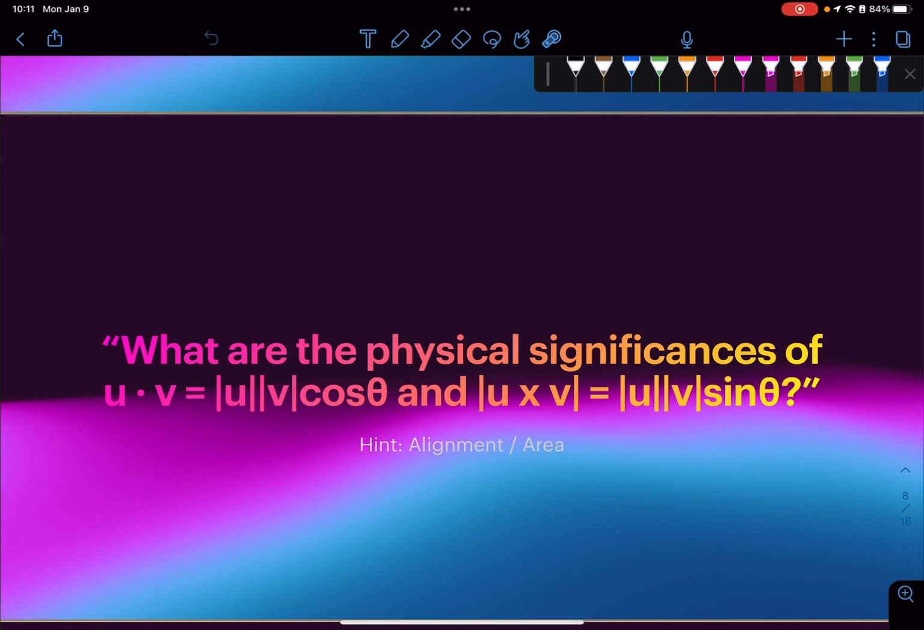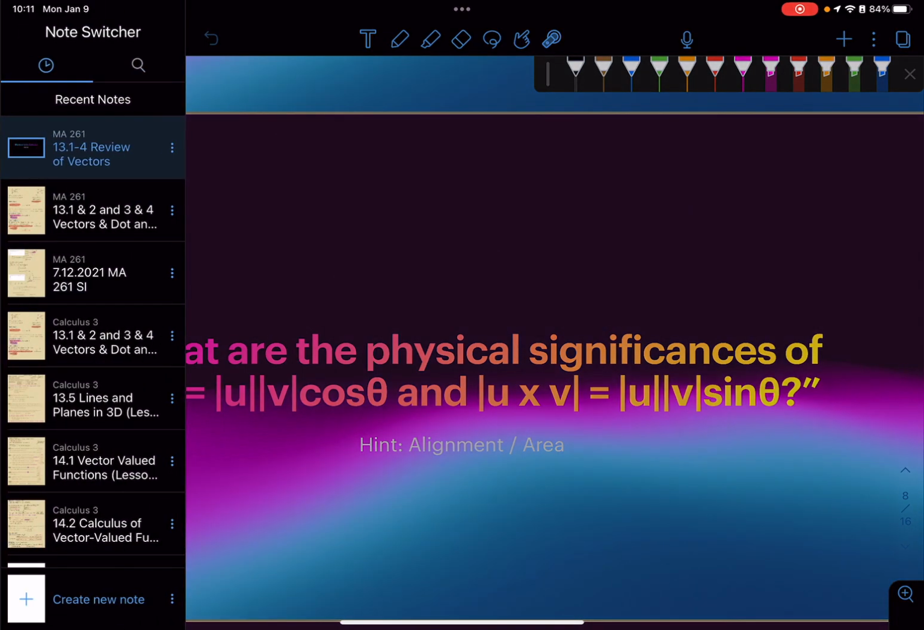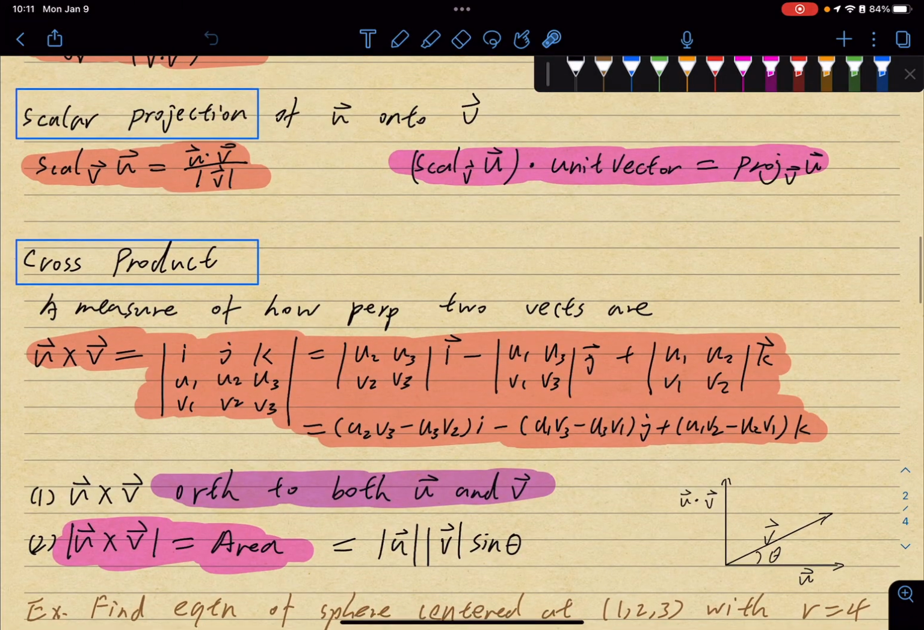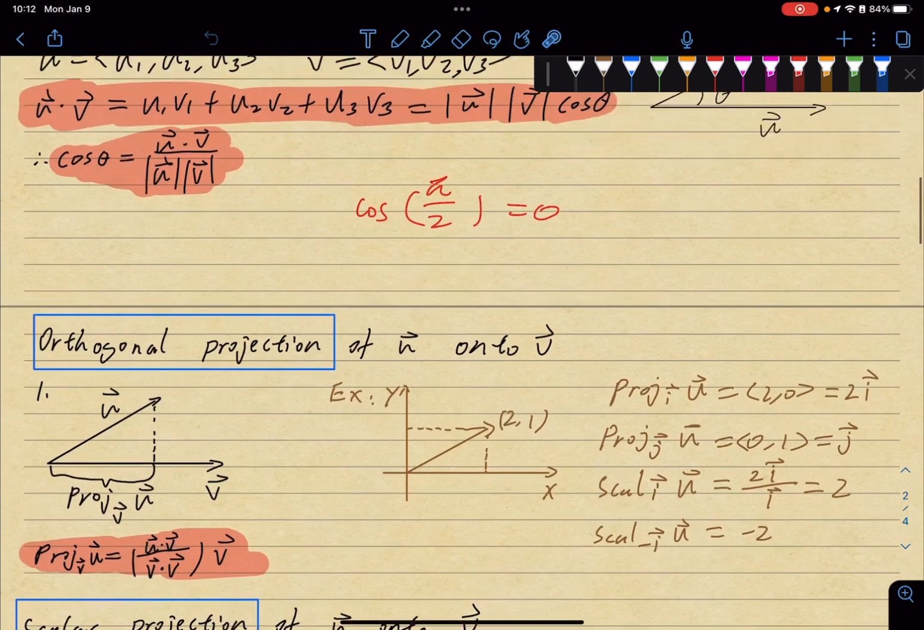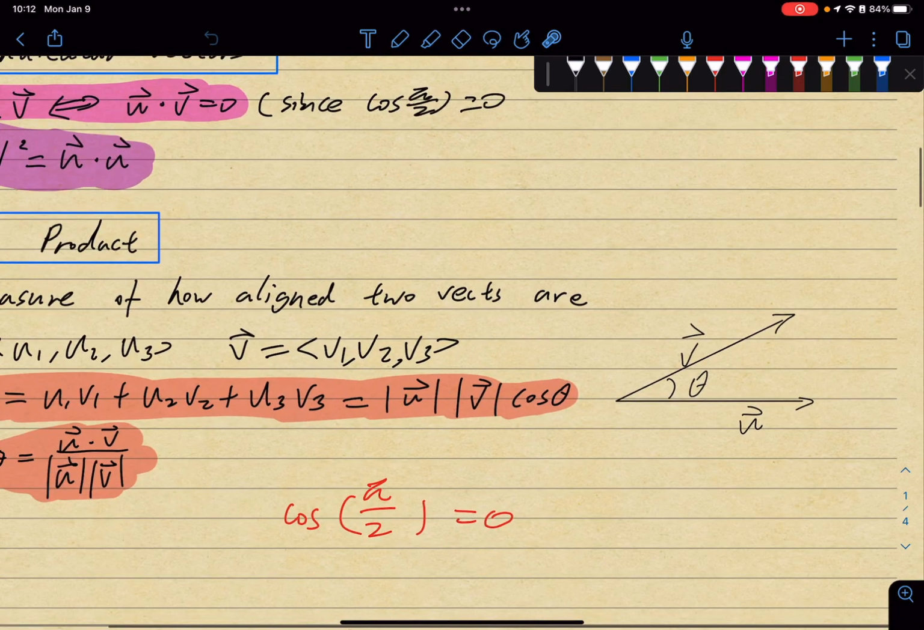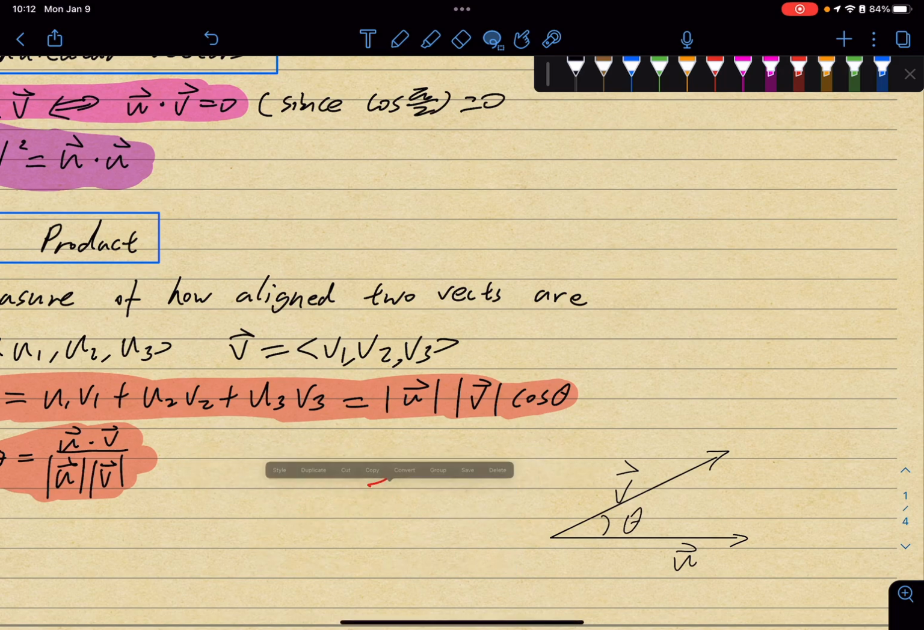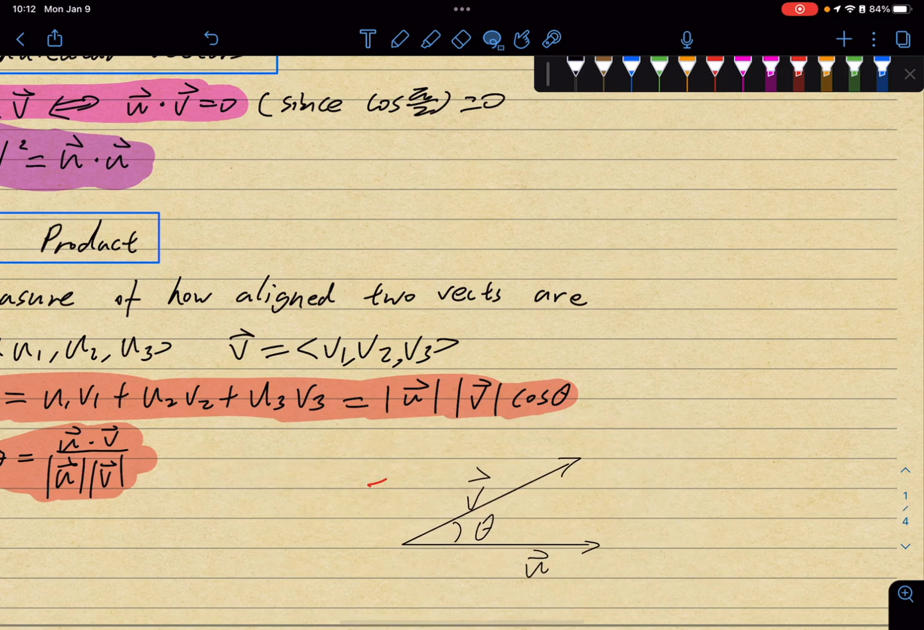But if we switch from cosine to sine, we get a completely different equation that also carries its own physical meaning, and that physical meaning is the area of the parallelogram that these two vectors will create. So let's find a better example. If we have these two vectors, let's get rid of this,